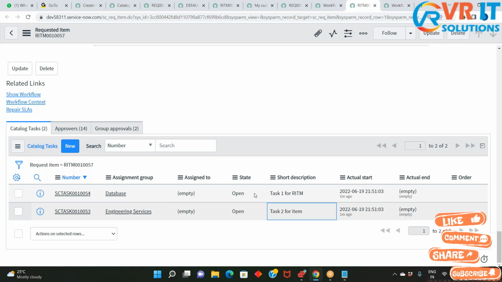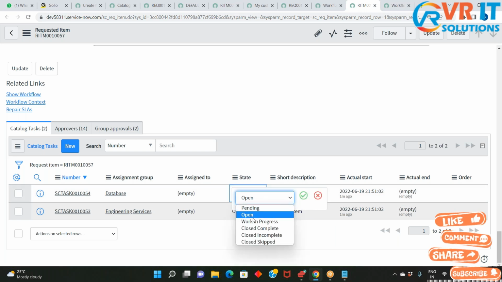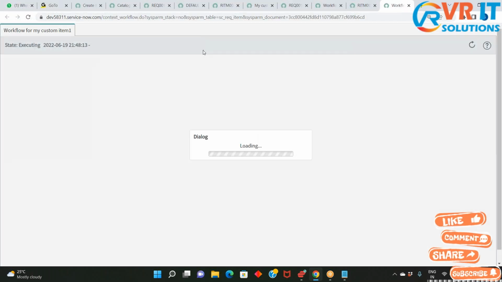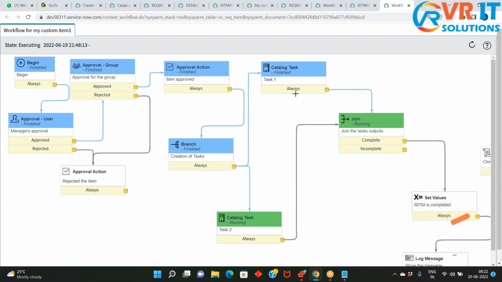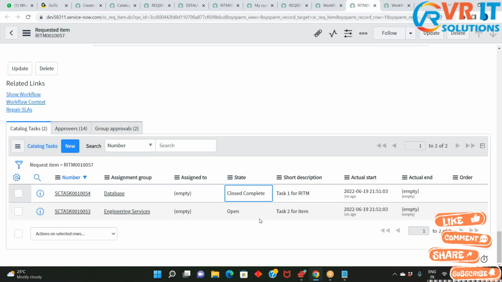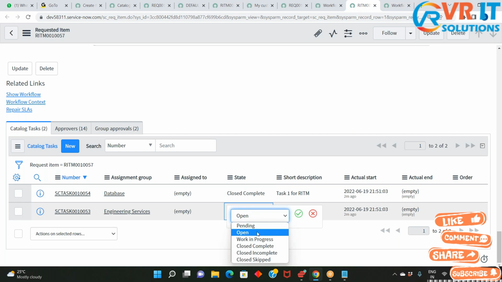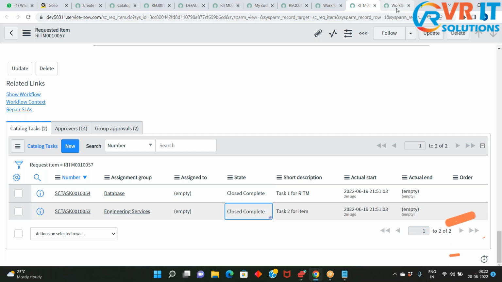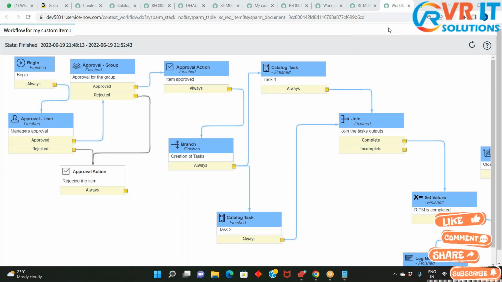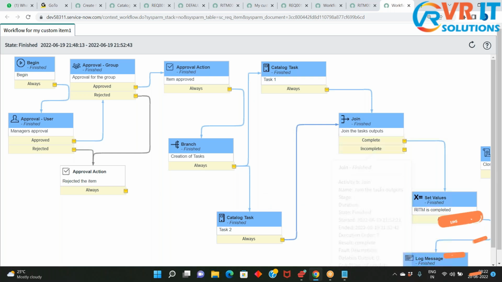So let us complete this task 1. Completing this task 1 and refresh this. So task 1 is completed. It's in blue color, right? Next, task 2 is still pending. It is currently executing. So complete task 2 as well. Refresh. So now task 2 is also complete, and both the outputs from task 1 and task 2 are coming